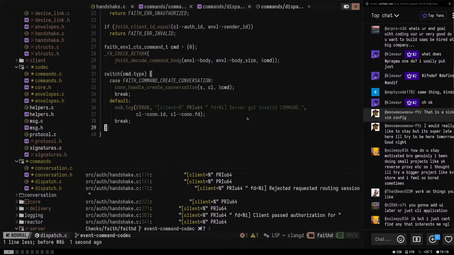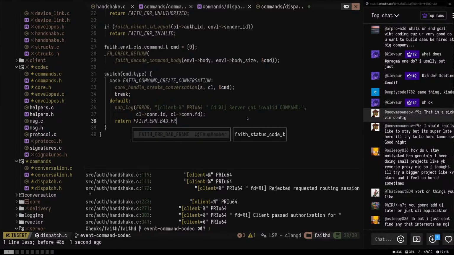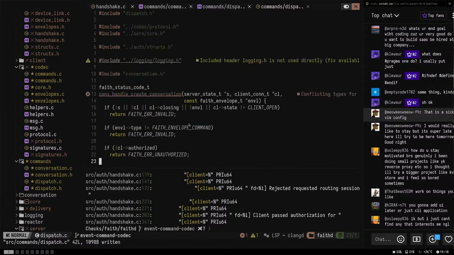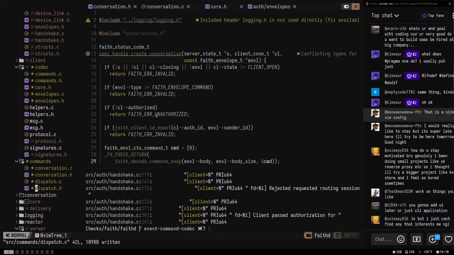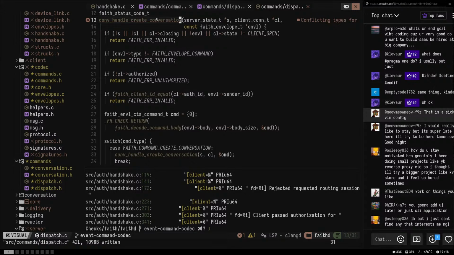Like return fh error invalid essentially, and then return fh okay. And conflicting types, handle create conversation, handle, okay, so that doesn't make sense. It's that